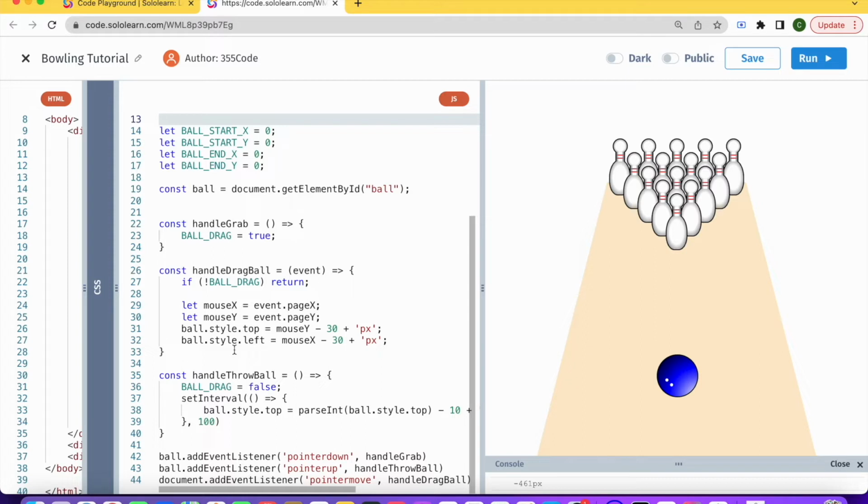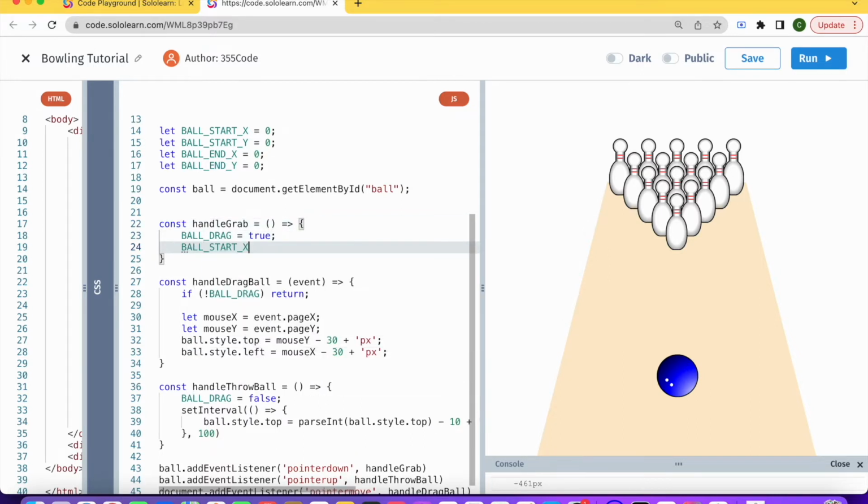In order to figure out where the ball started, basically we're going to change the ballStartX and ballStartY when we have our handleGrab. And so we're going to want to keep track here of